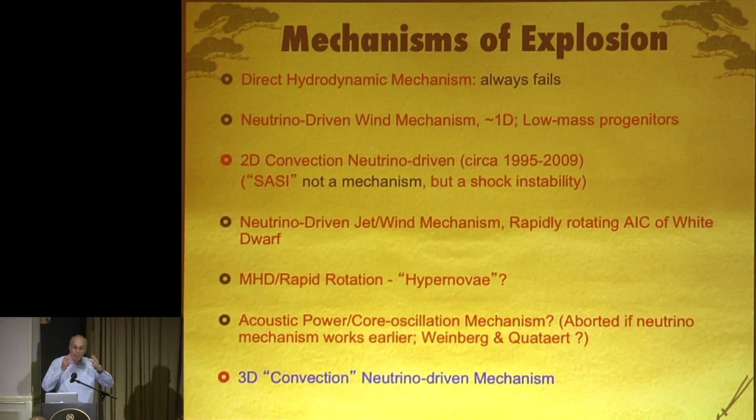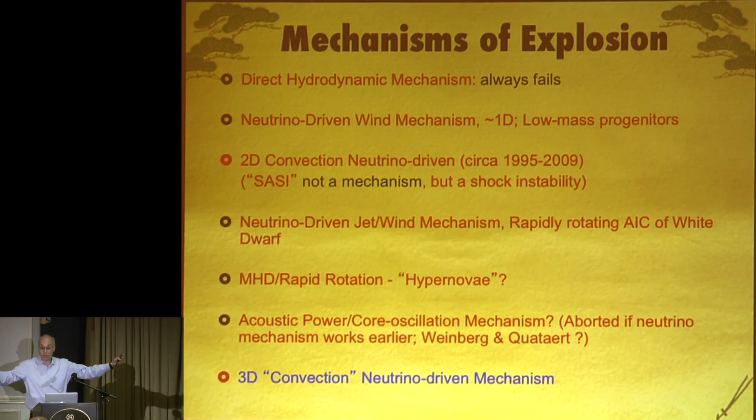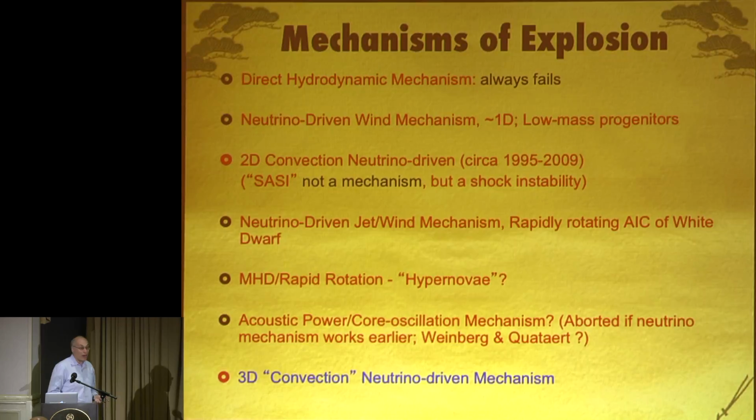However, there are some progenitor structures where a wind model works, where in spherical symmetry, the neutrino heating of the atmosphere, when there's very little density on the outside and the protoneutron star is more or less isolated from the beginning, is adequate to give you an explosion. But that explosion is generically 10 to the 50 ergs, a tenth of a bethe, and we can't get that mechanism to give us the generic supernova of core collapse character.